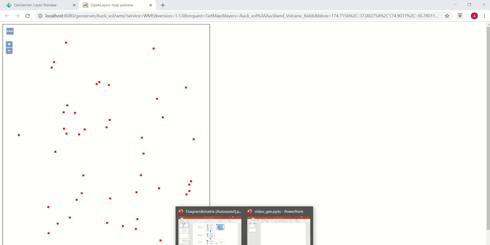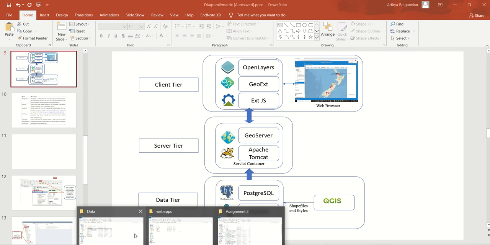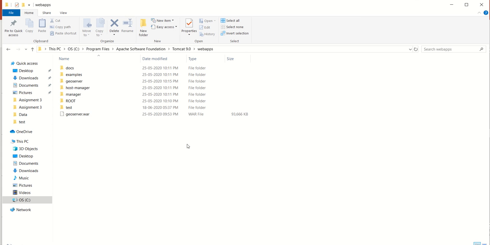Now, according to our architecture, we have set up the server tier. So we have pulled the data from QGIS to Postgres and from Postgres to GeoServer. Now we have to fetch the data from GeoEXT and EXT to create the web mapping application. To create the web mapping application, make sure that your GeoServer is under the Tomcat webapps folder.